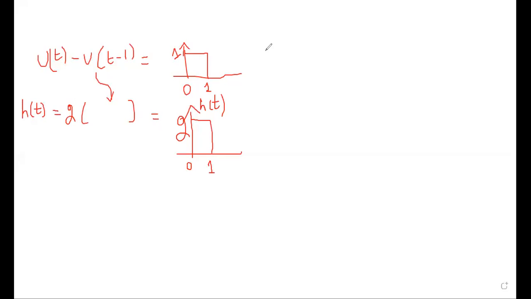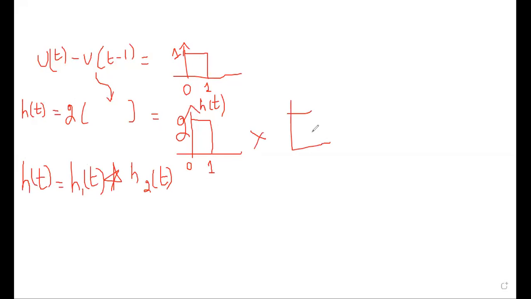Okay. See, now what we want is the final impulse response. My final impulse response as per the question is h1(t) convolution with h2(t). So now I want to convolve this diagram with this diagram. I hope you can follow, because h(t) has amplitude 2 and is present on the positive axis. So this I will take as x1(t) and this I will take as x2(t).